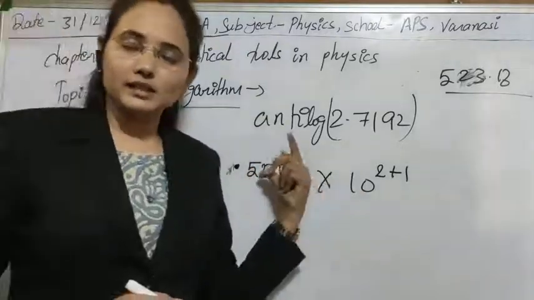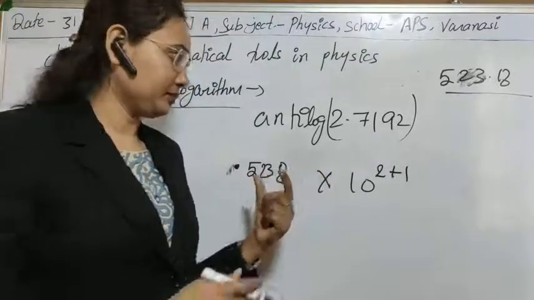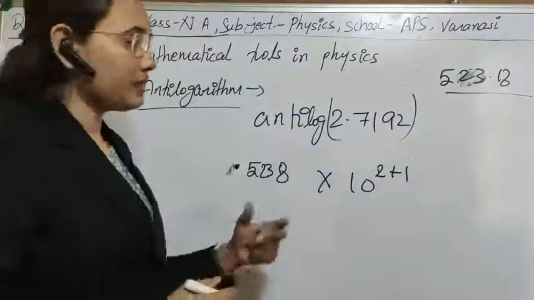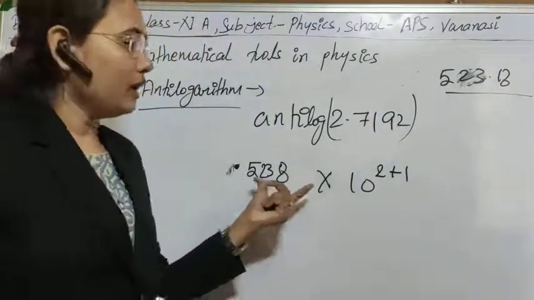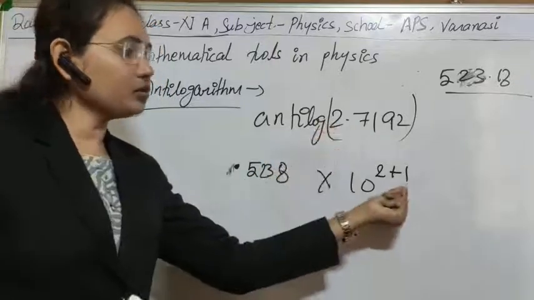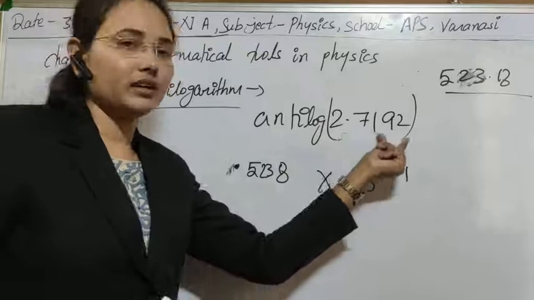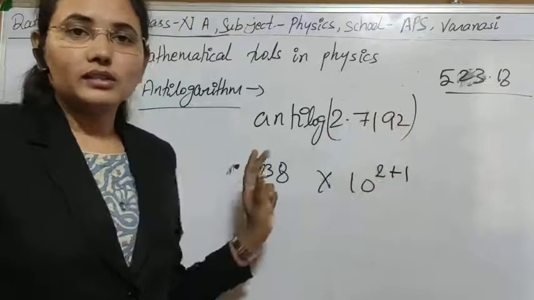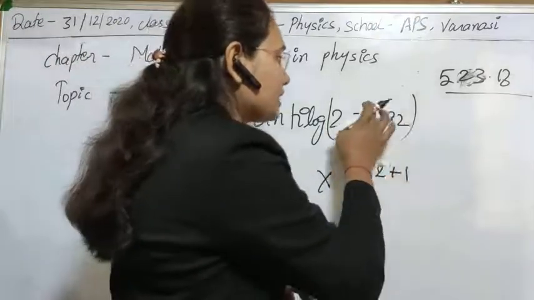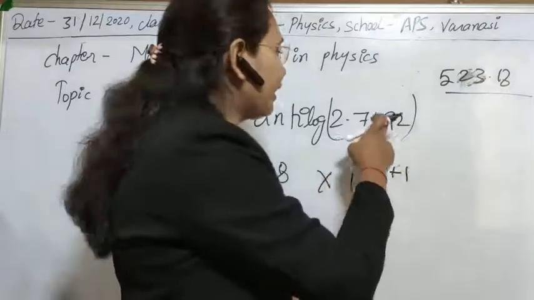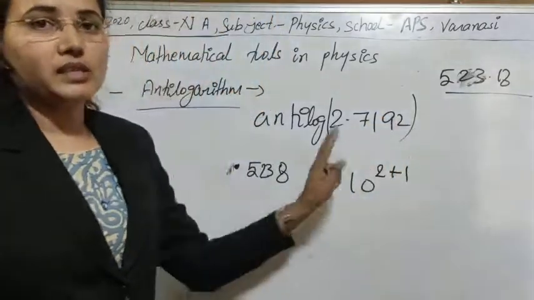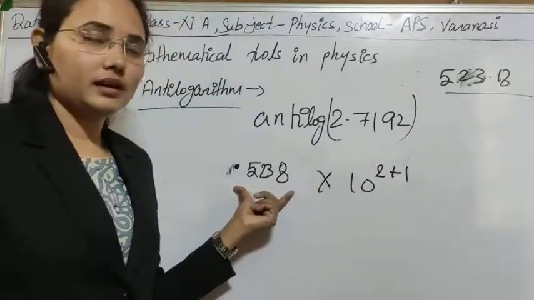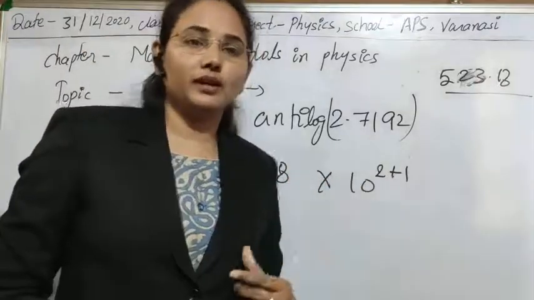You will get this value. You can see it by seeing the log table. Try to see it. Only use 71 and see in the 9, after that in the 2 mean difference, and after addition, you will get this value. And this value you will use only here, you don't have to see 27 here. No, you have to start your table from this 71. I think now this is clear. So you have to see in the anti-log table 71, in the 9th column of 71, after that in the mean difference 2. You will see all the values. Add this from the unit place, and you will see this value. You can calculate it by yourself so that you can understand it.